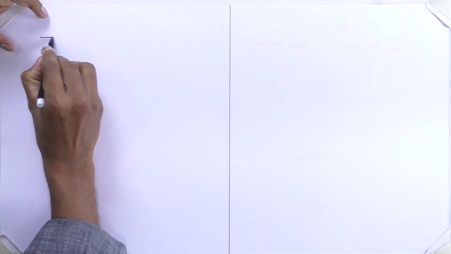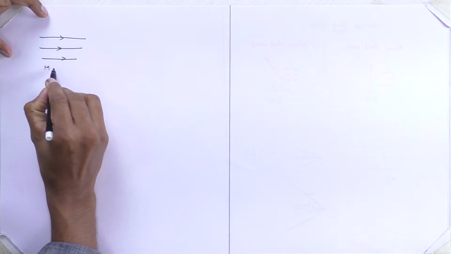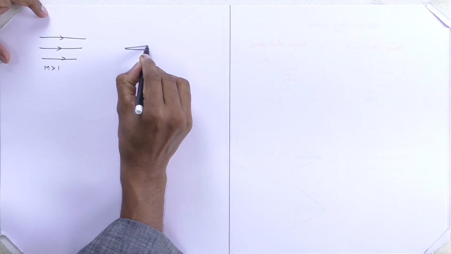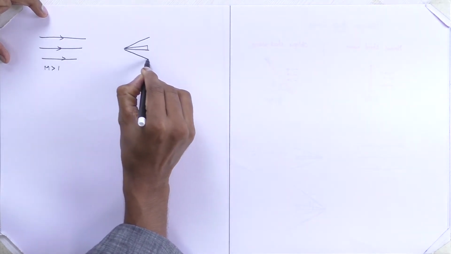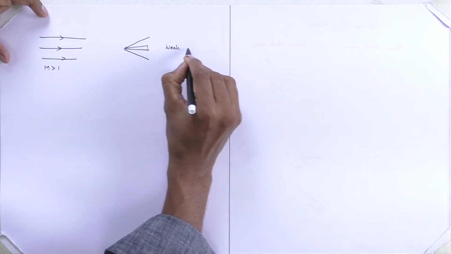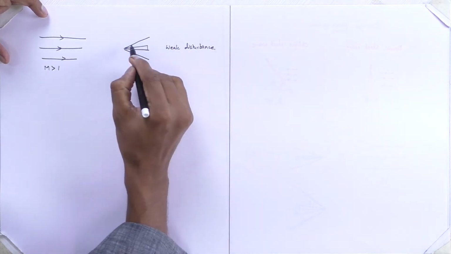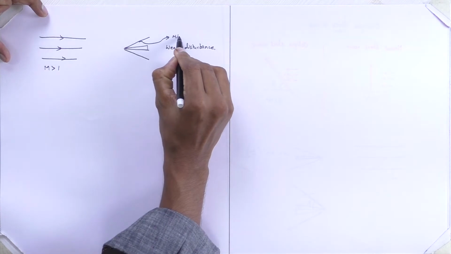Now, let us consider a supersonic flow where Mach number will be more than 1. Let's say we have a very small disturbance. This small disturbance will produce some weak waves, which we call a Mach wave. So these are all weak disturbances. The pressure ratio across this wave will be very minimal.